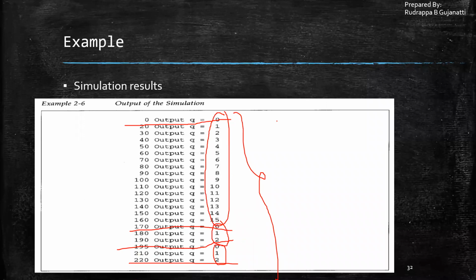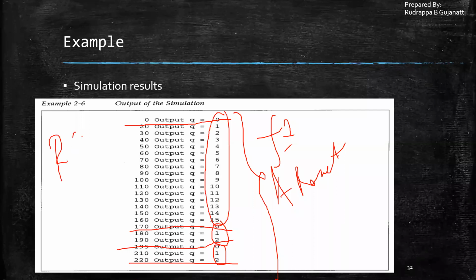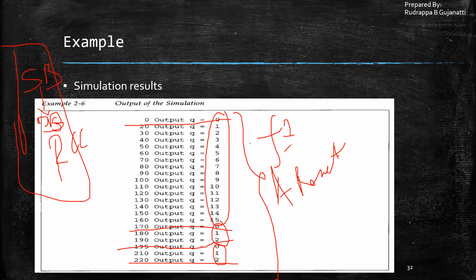So you are testing the functionality and you are testing the asynchronous reset. If you have this condition satisfied, then your ripple carry counter is working properly. So this is how you check the design block using the stimulus block. Okay. So any queries